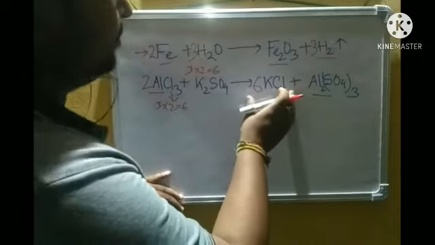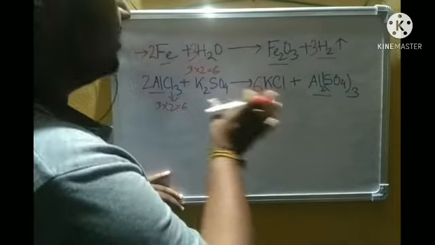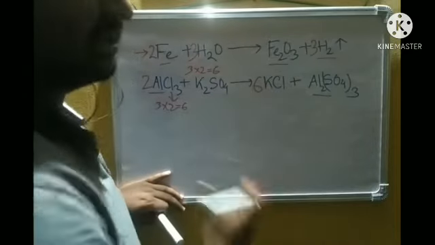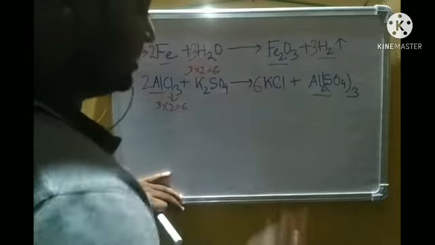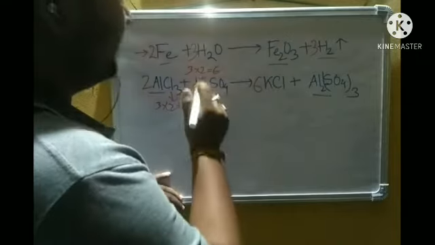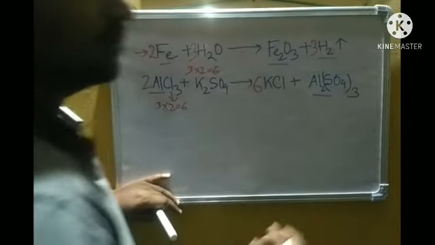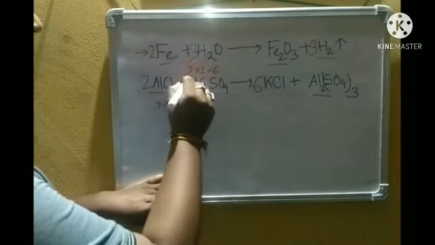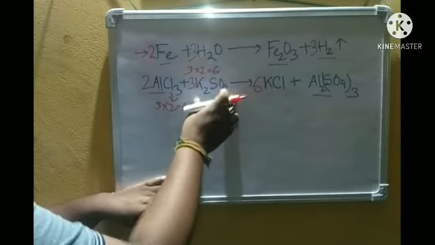So now as soon as we place 6 over here, that is 6 chlorine atoms, if we make this equal along with the reactant side, then the number of potassium atoms also becomes 6. So now we have to do the similar thing, we have to balance it. How will we balance? We have to make the number of potassium atoms on the reactant side also equal to 6. This can be done by using 3. We will write 3 before potassium sulfate.